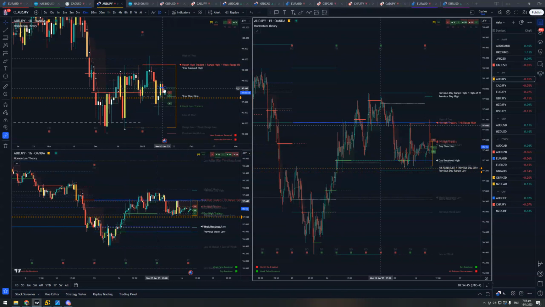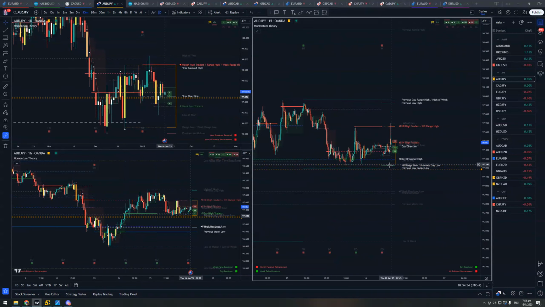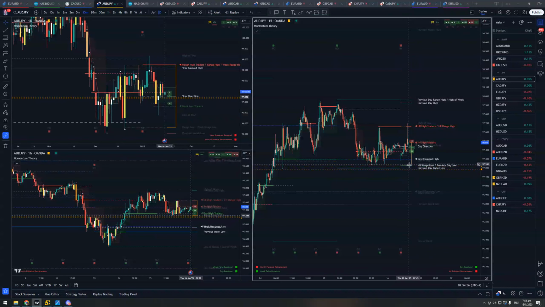This one has not fully broken. Technically, it has broken, but it has flipped back below it. Don't really like that, but I'll still keep an eye on it. If I get a tight entry down low, then I can definitely have enough room to go break even at